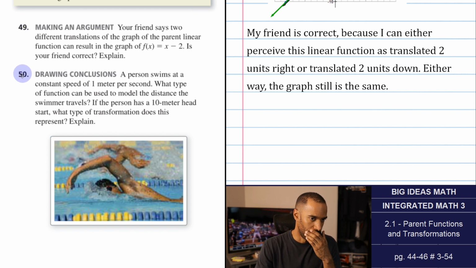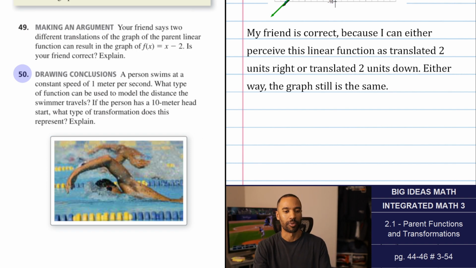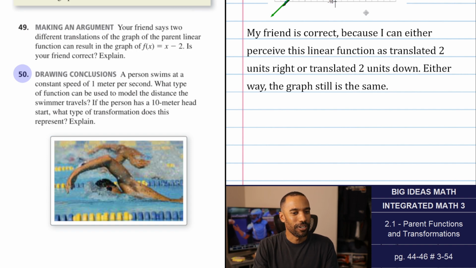Number 50. Drawing conclusions. What is that? Oh, that's people. I thought that was an animal. Like in water. I was like, what are we looking at? A person